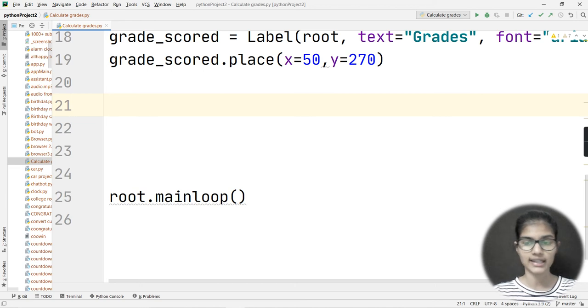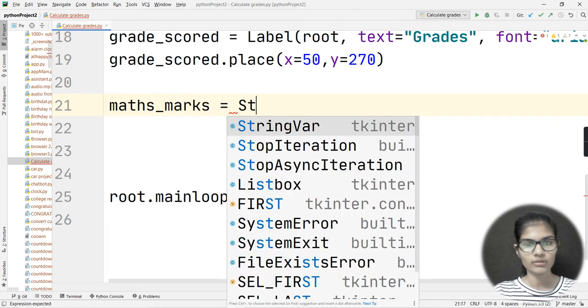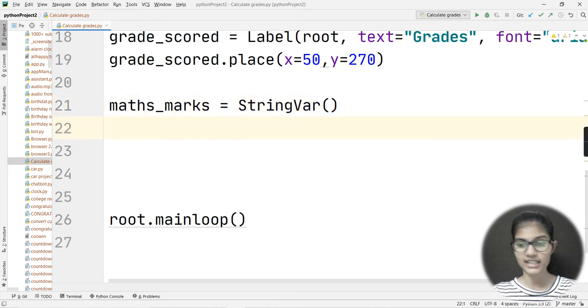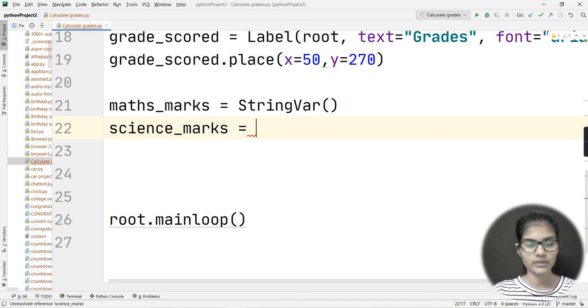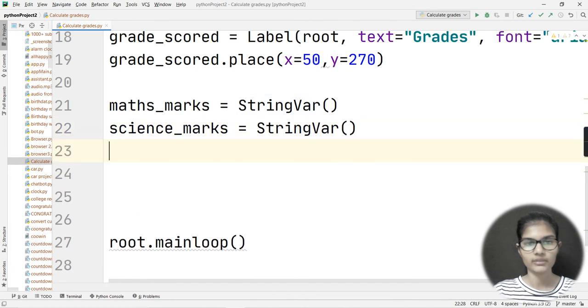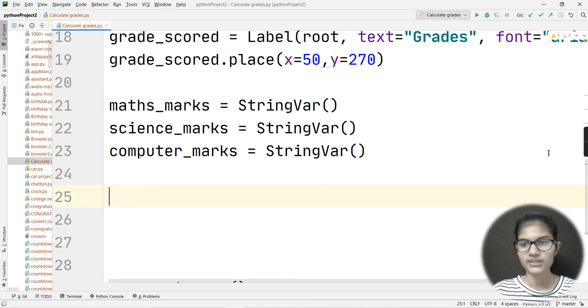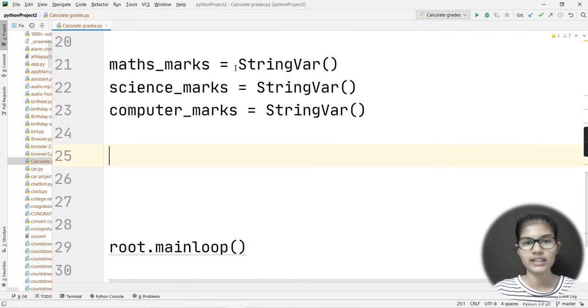Right, what I would do here is start writing, let's say, the variable which I had made here, that is maths underscore marks. Right, and in that basically I'll be passing a string var. So I'm just doing the same thing for my science marks as well as for my computer. So science underscore marks is equal to, and that I'll be taking as a string var, and then the brackets, and after that last I'll be taking computer underscore marks is equal to, and that would be string var and my brackets. Right, now the thing is that here I have given the form in which I want the input from the user, right?